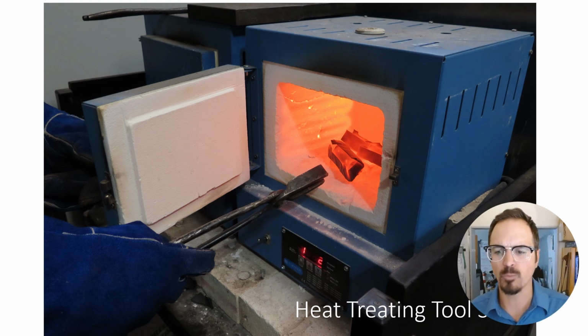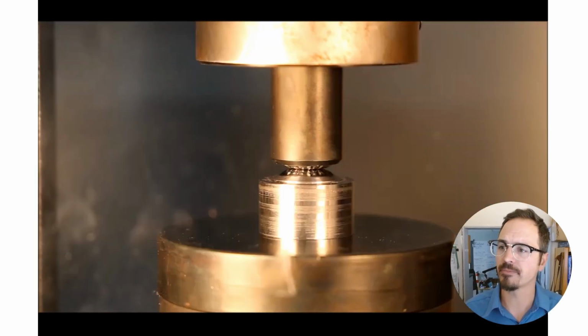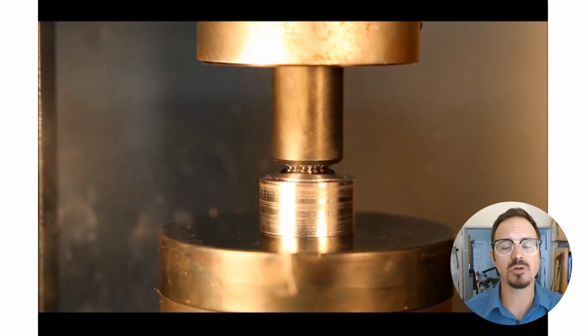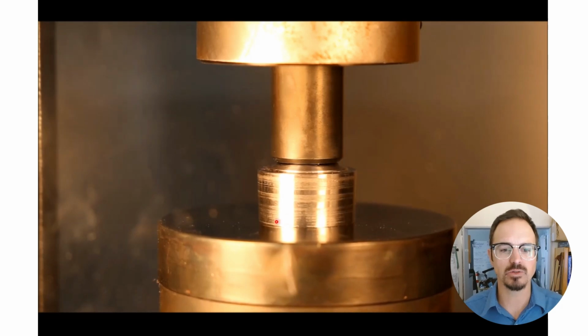So we mostly work with A2. I really think it's the easiest and best to work with. If you're working with another material, you can look it up and get full recipes on how to work with it. All right, so once our die is hardened and tempered, we now get to press it into softened tool